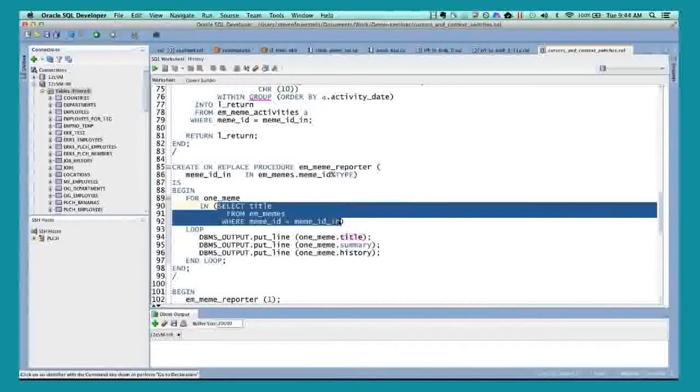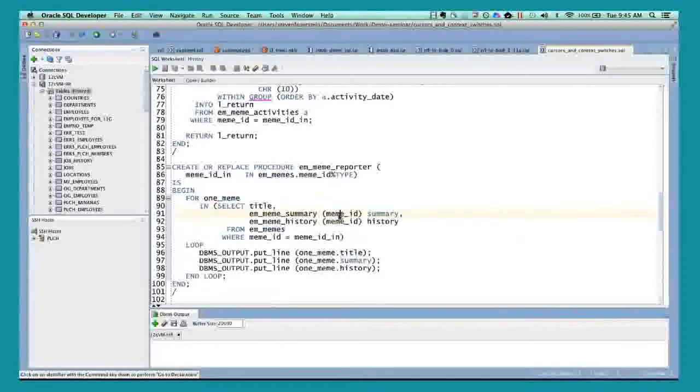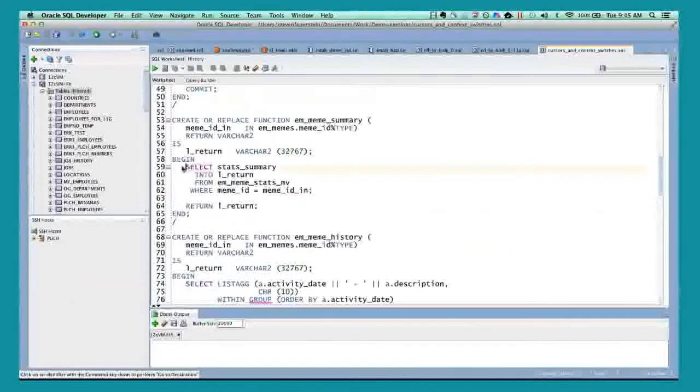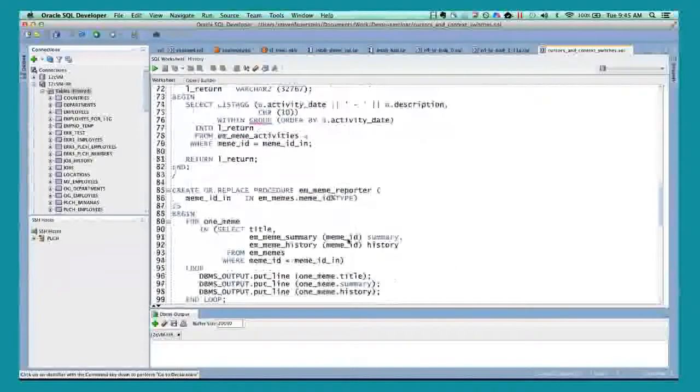I'll still see the data because Oracle's keeping a read consistent image of the database from the time I started my SQL statement. However, in general, if you call a PL/SQL function inside your select statement and it has SQL inside of it, this SQL statement is not included in the read consistent image that's managed by the outer select statement.